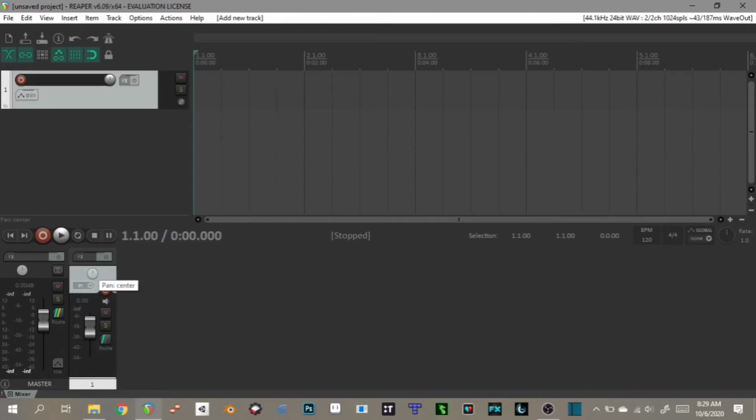This is the pan knob right here. If it's in the middle, it means it's centered. Panning means that if you're pushing sound out of a desktop or headphones, you have left and right speakers. So if you pan anything to the left, all the sounds will pan to the left. If you pan anything right, all to the right. In this case, since we're talking about a single track, let's say if we add